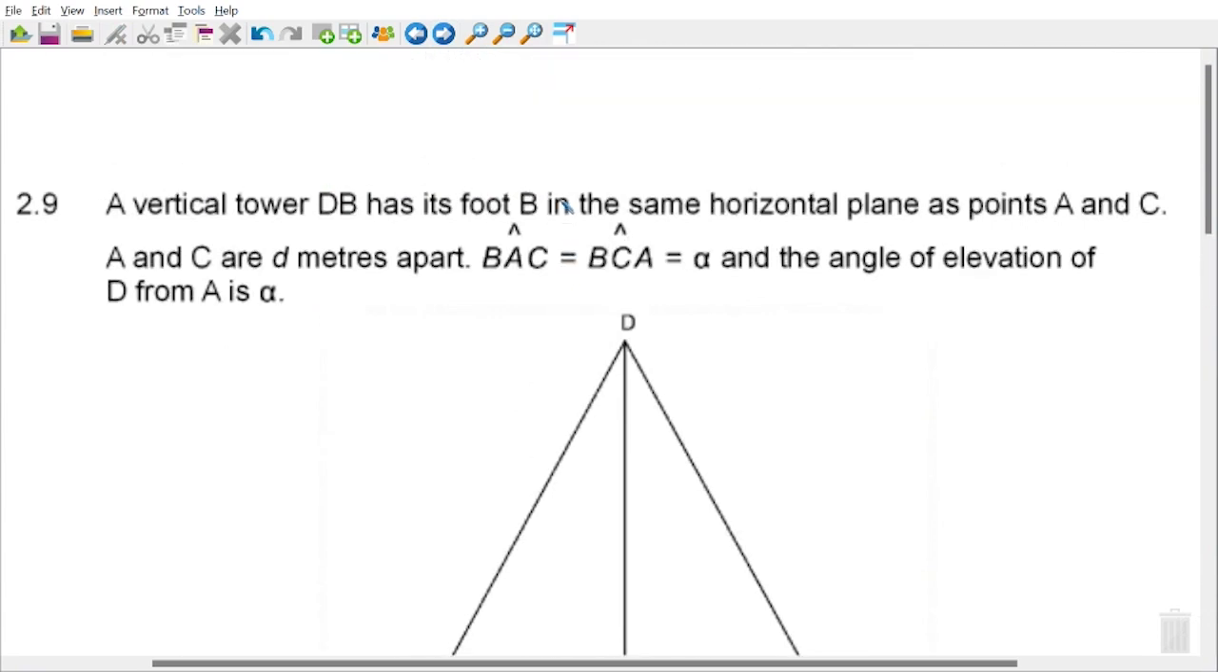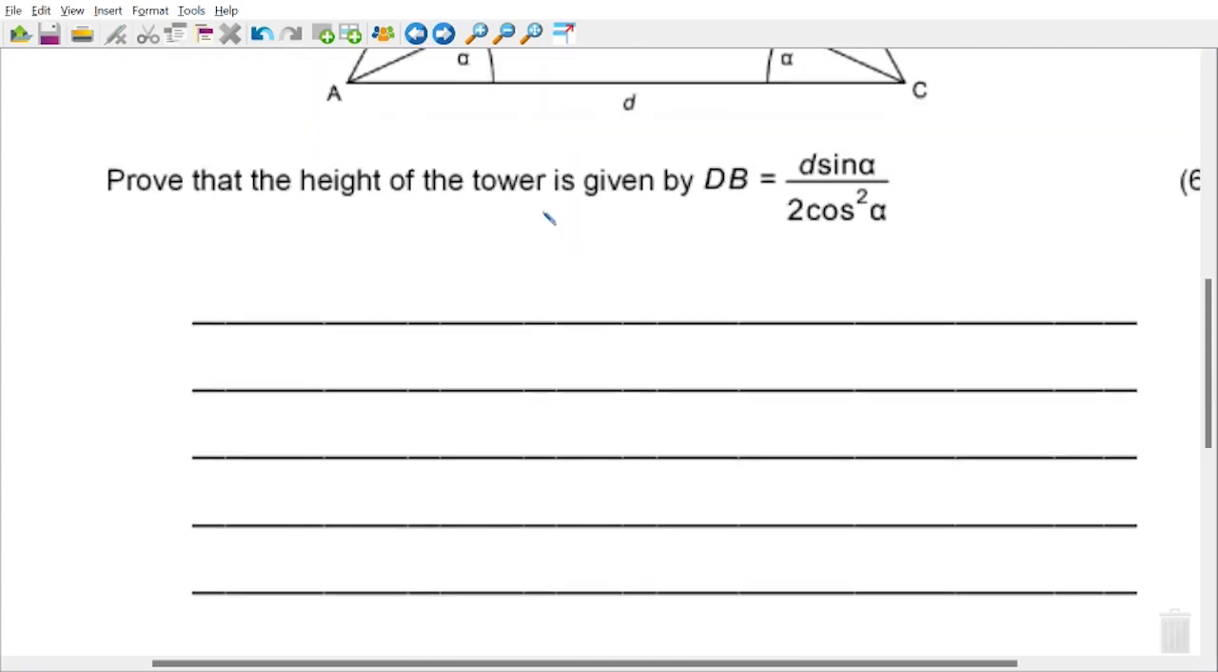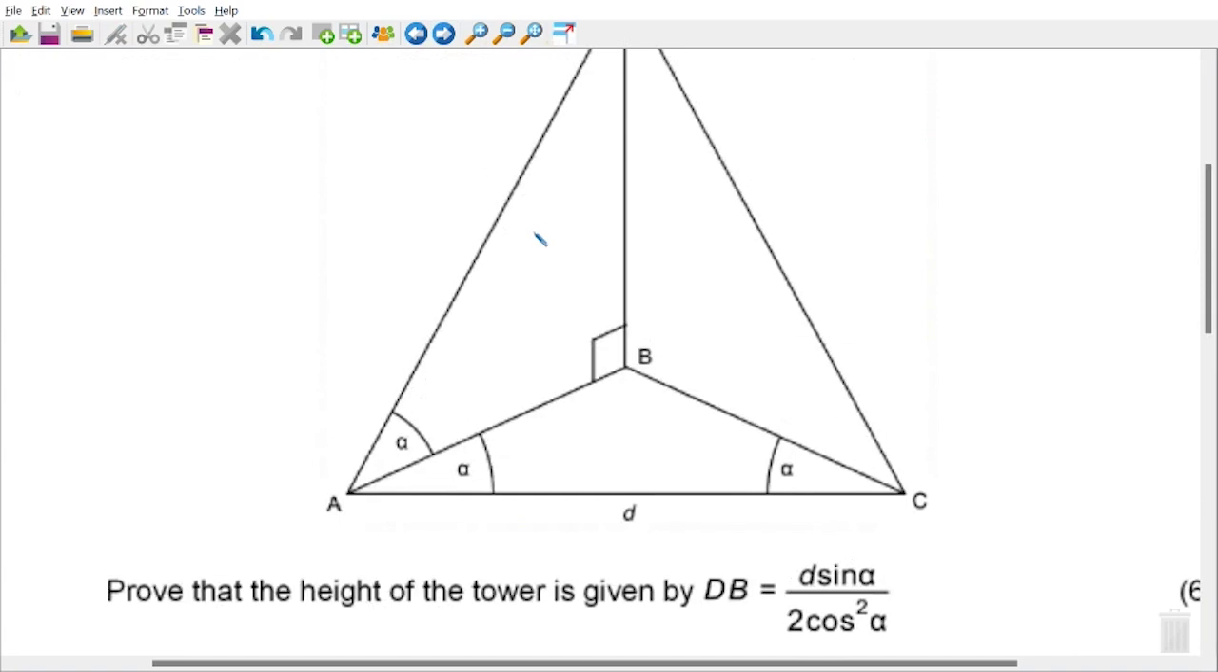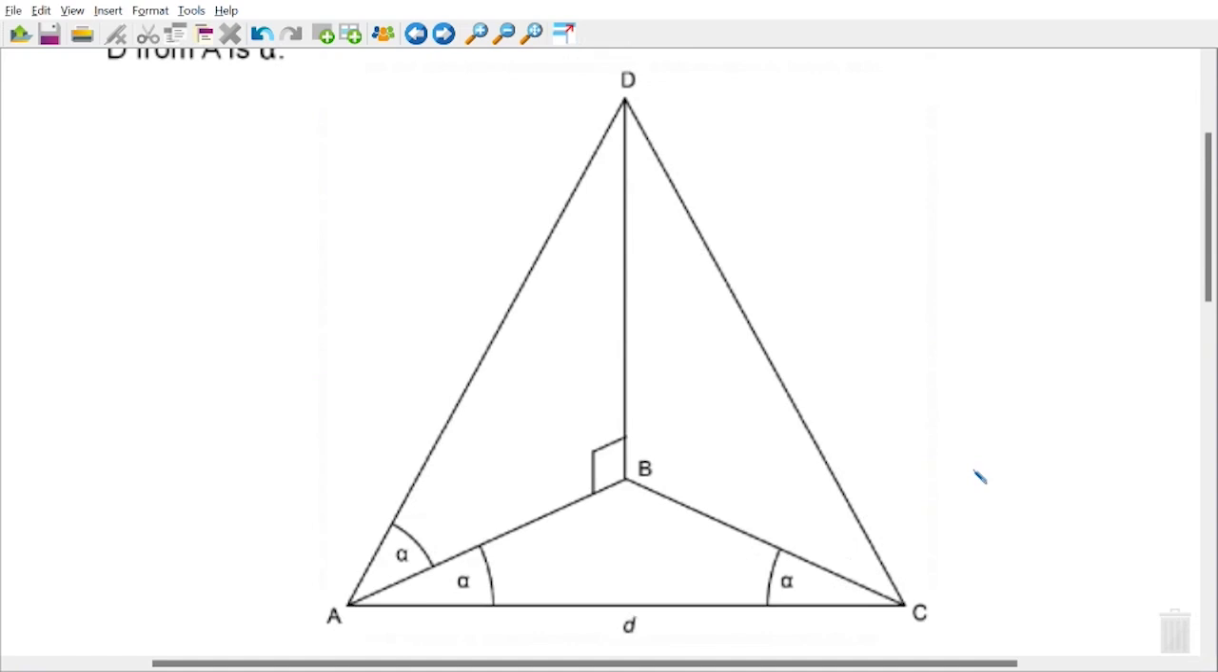Another kind of 3D problem. Let's just have a look at it. It's asking us to show that the height of the tower is given by that. Now this is a typical 3D question. In this triangle over here, triangle number 1, triangle ADB, we do not have enough information to get the height of the tower. All we've got is a right angle